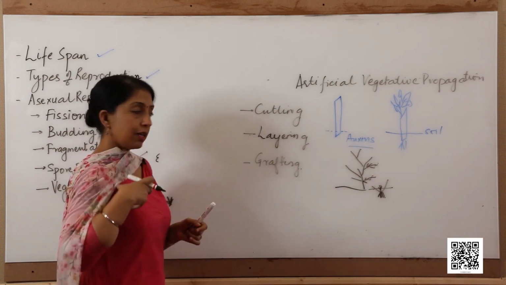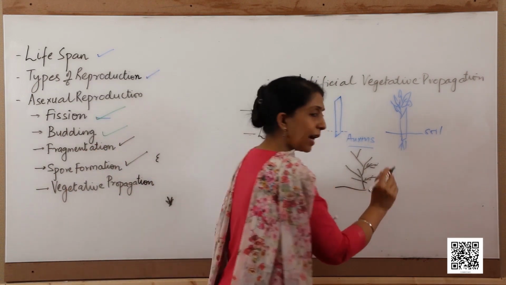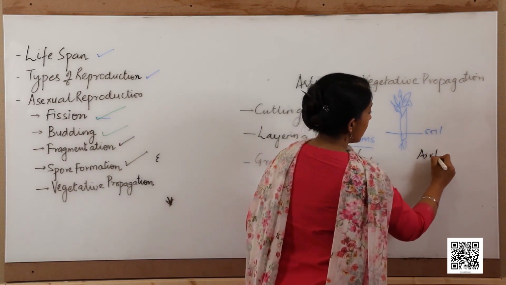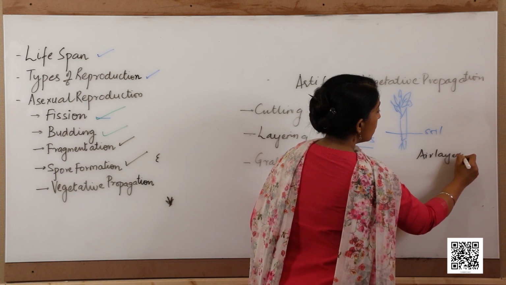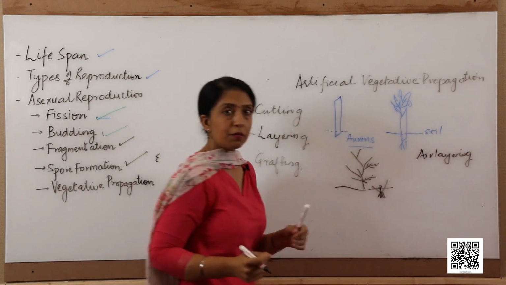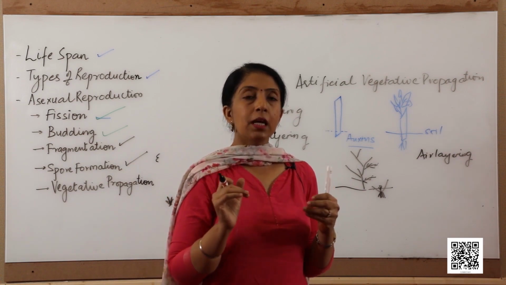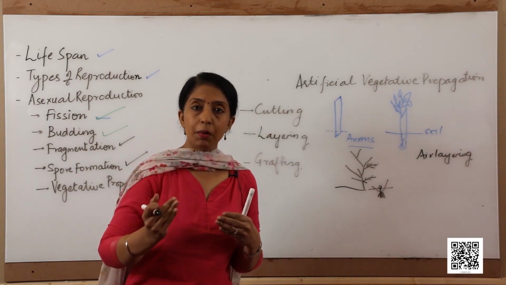Another type of layering, beyond this simple kind of layering, is air layering. In air layering, what they do is, for larger trees which have a good fruit variety, for increasing their number, what they